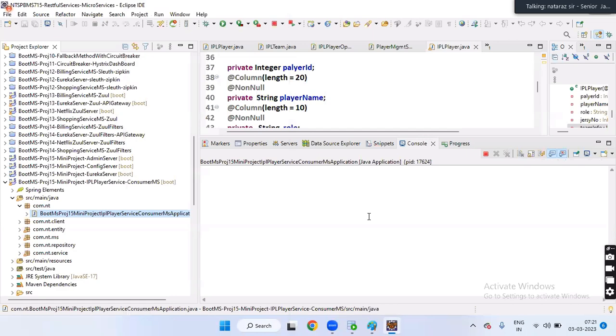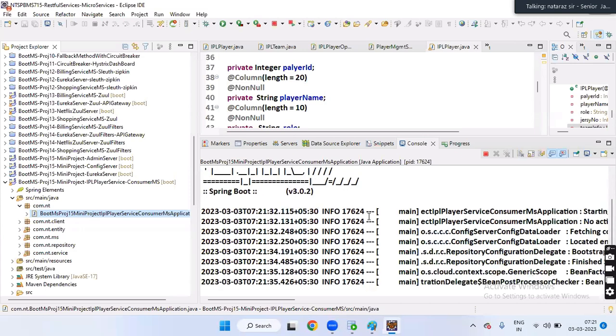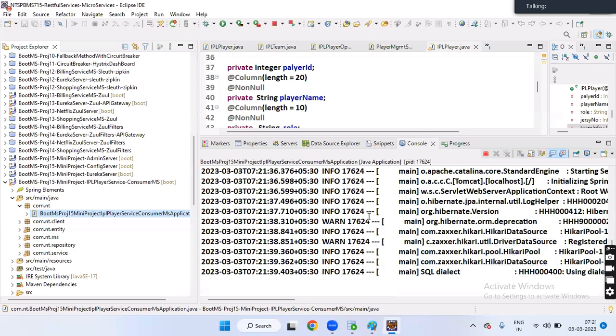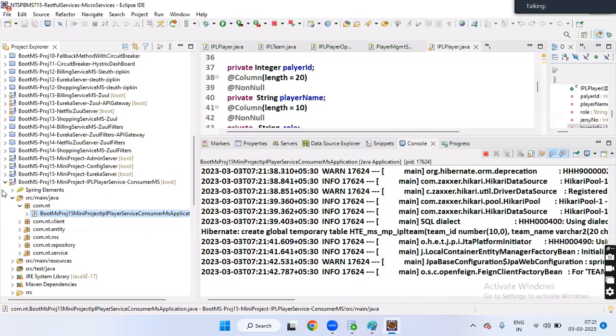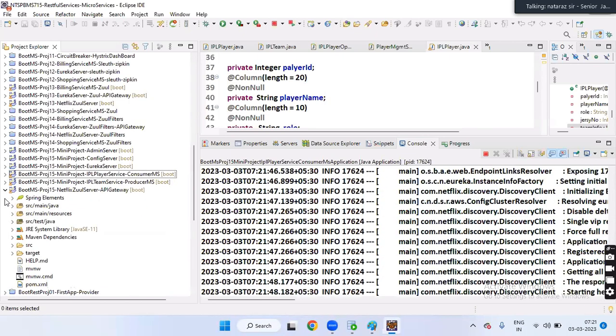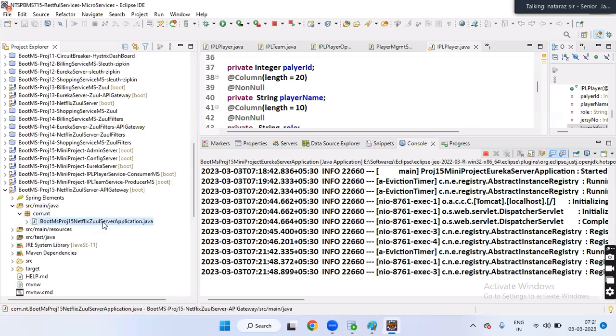Run as Java application. This is consumer MS, right? Super. Next. Both are on the latest versions, 3.2.02 and 3.0.02, right?